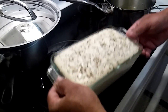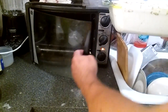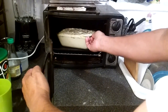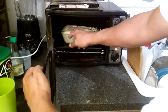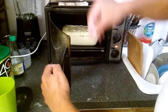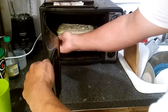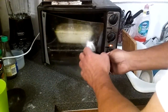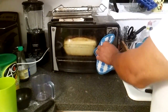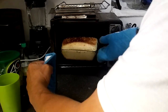After removing the plastic wrap, and without vibrating the tin, we're going to put it inside the oven, ready for baking. Remember, it's going to be in a preheated oven. You want it to be in the middle of the oven, not at the top. If not, the top of your bread might get burnt. So after 30 to 35 minutes of baking, you can remove it from the oven, and you're going to have a beautiful golden brown loaf